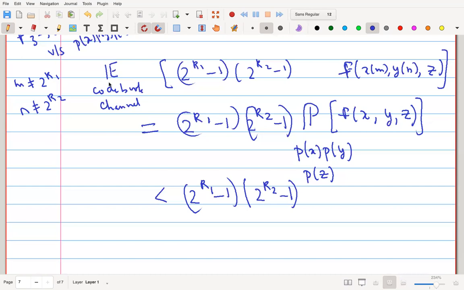Is it clear to everybody? This is exactly the same thing that you do in the noisy channel, I mean, the point-to-point channel case. The expectation splits up into expectations over just two quantities instead of a whole bunch of code words, and those two expectations are independent. One is the code word corresponding to the actual message that was sent, and the other is the code word corresponding to the fraudulent candidate.